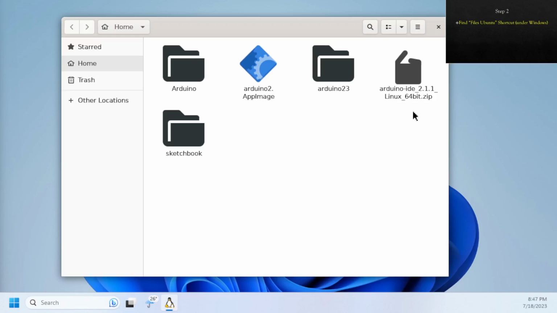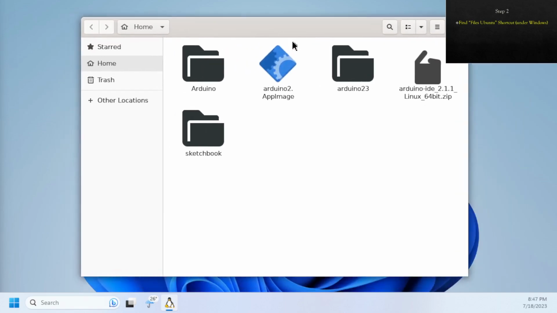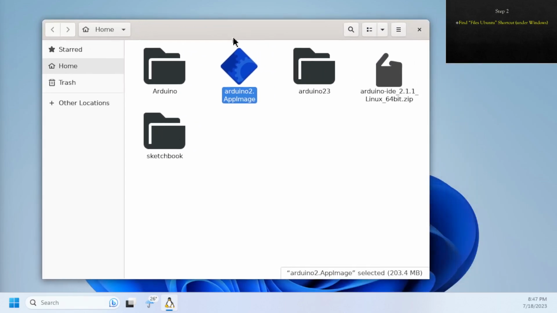So I have to follow these steps which I am explaining in this video. If this file manager can run with a single click, I should be able to run Arduino IDE with a single click. So let's move to our next step,